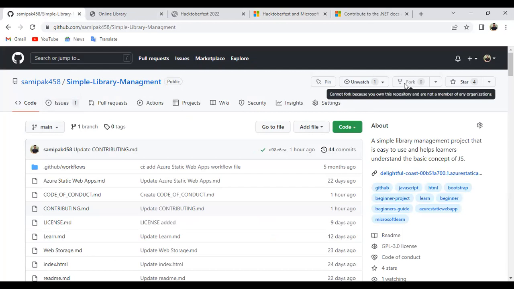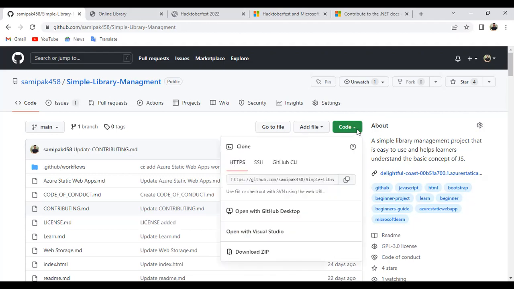As I am the admin, I don't need to fork it. You have to first fork it, then you can contribute and make the changes. Keep in mind, you don't make changes directly in the original repository.